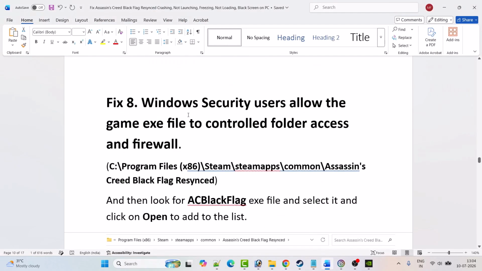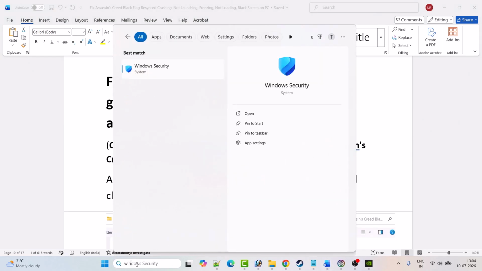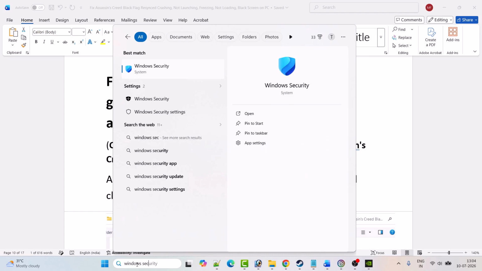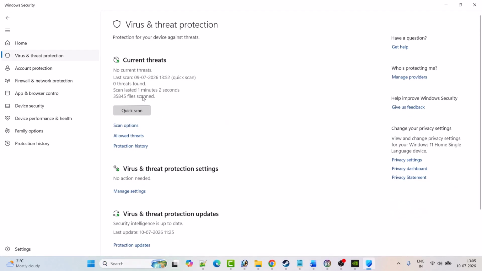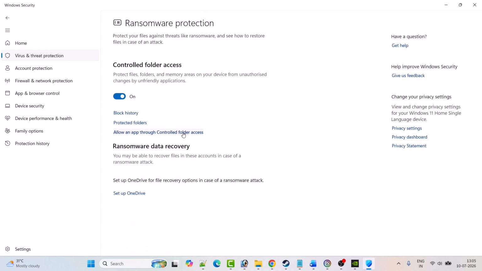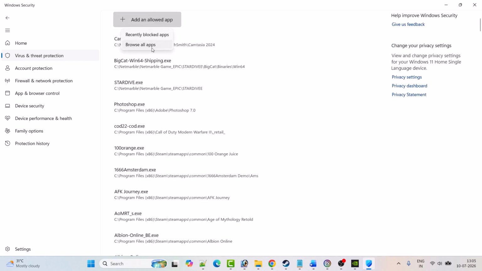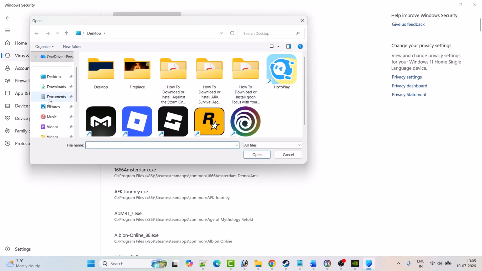Fix 8 is for Windows security users: allow the game exe file through controlled folder access and firewall. So in Windows search, type Windows security and open the Windows security. Then click on virus and threat protection. Scroll down, click on manage ransomware protection. Click on allow an app through controlled folder access. Click yes to allow. Then click on add an allowed app, browse all apps, and then browse to the game